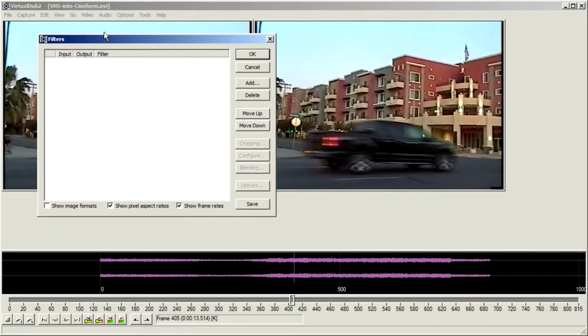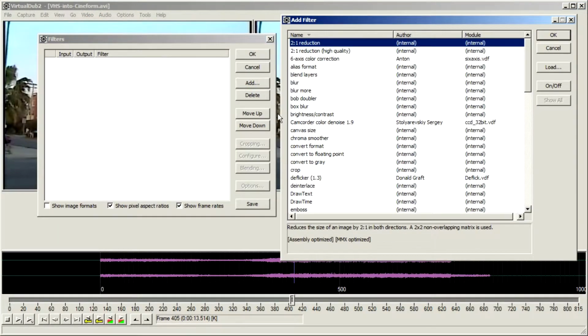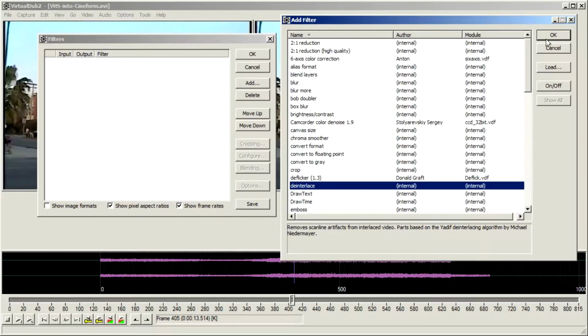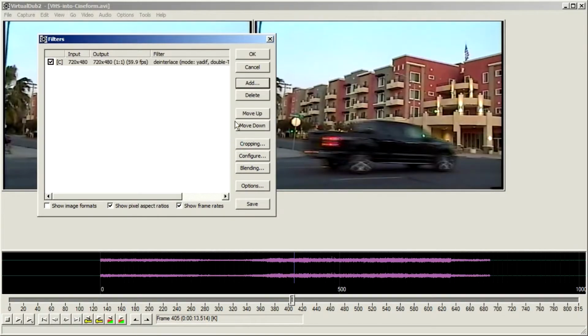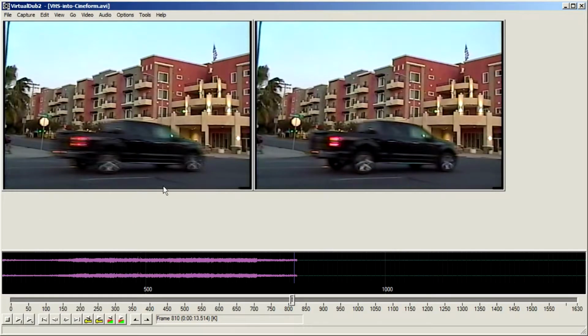the video menu. From filters, select the deinterlacing filter. In the deinterlacing mode, choose one of the first three interpolating filters. The top one, YADIF, usually works the best. In the field order, choose one of the double frame rate options. Field order, top field first or bottom field first, is important for preserving the continuity of motion. There are only two choices for field order, so feel free to choose arbitrarily. In a moment we will verify whether it's a correct setting and we'll choose another one if the selected option